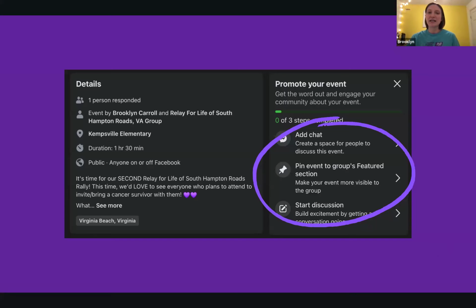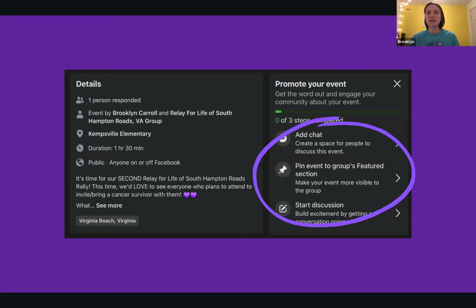So a great storytelling idea would be to tell how great a fundraiser did, a team fundraiser, how fun it was, how many people showed up, how great the entertainment was, how much money it raised. Successful stories sell. It's encouraging for others. If someone sees that a fundraiser did really well and they saw the story about it in a post, they might be encouraged to do their own fundraiser. And people engage with those because it's just kind of cool to see what other people are doing and how successful things are going for others.